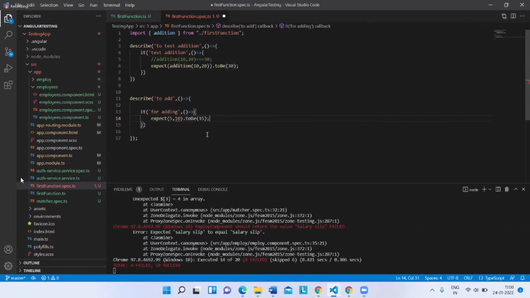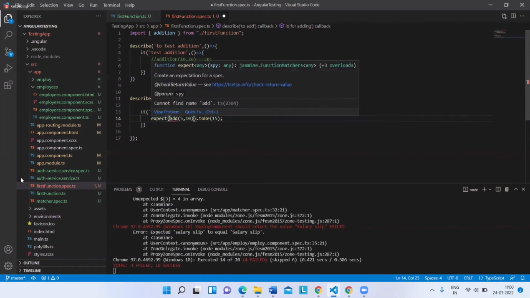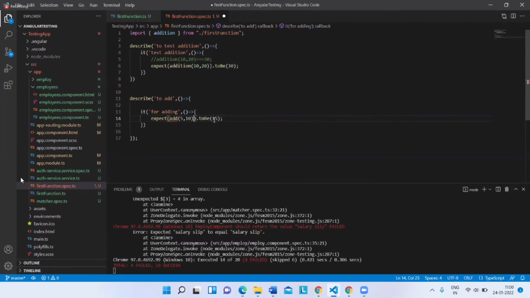I need to pass the method name, because it is giving me an error since the method is not there. Expect add is the method. When I'm passing 5 and 10 to this particular method add, it should be equal to 15. That is, to be 15.